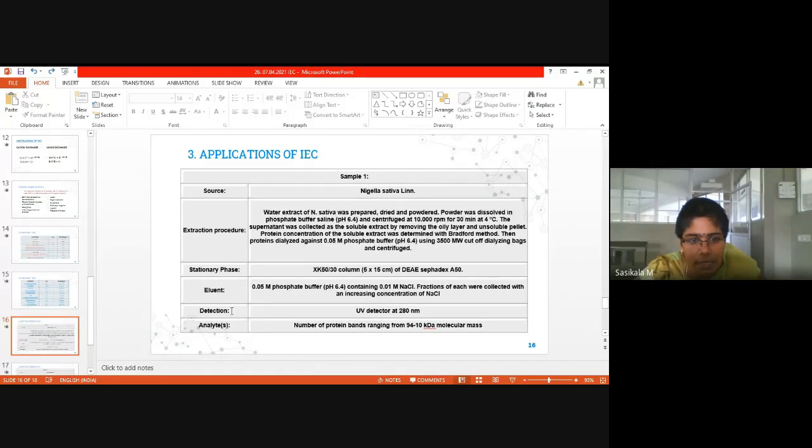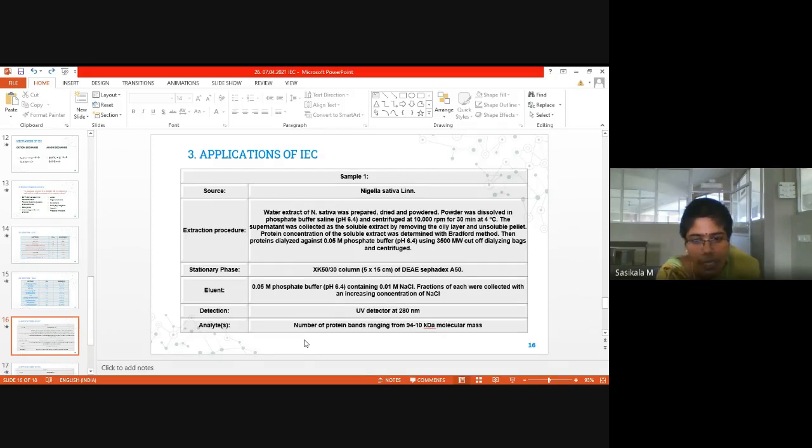So what type of detectors? Here we will discuss the detectors used in HPLC. There are two categories of detectors used: bulk property detector and solute property detector. Bulk property detectors are based on a physical property of the analyte that is chosen. Examples are refractive index detector and conductivity detector.